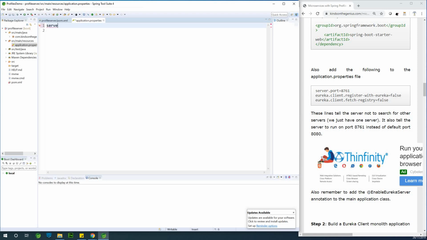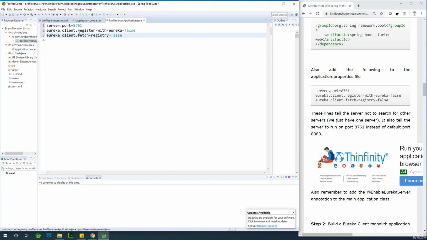So I'm going to say server.port equals 8761 and eureka.client.register-with-eureka equal to false, and eureka.client.fetch-registry is false as well. All right. Okay, this is fine. So the next thing we are going to do is to go to the application main class and enter